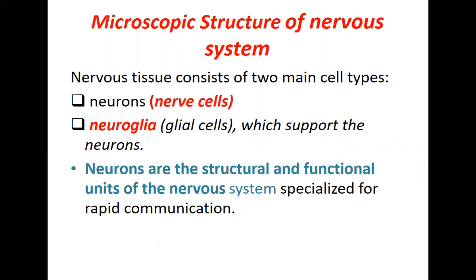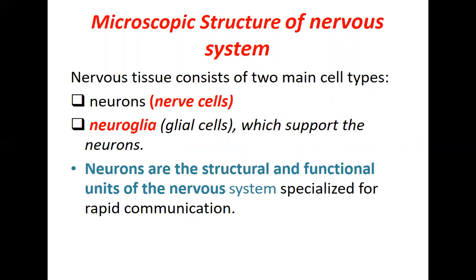Okay. Now coming to the microscopic structure of the nervous system. If you see under the microscope, so what do you see in the brain and the brainstem and the spinal cord and different nerves? So what exactly you see under the microscope? So the nervous tissue consists of two main cells. One is the nerve cells, which are also called as neurons. The nerve cells are the neurons. And then we have the supporting cells called as the neuroglial cells, or also called as the glial cells,